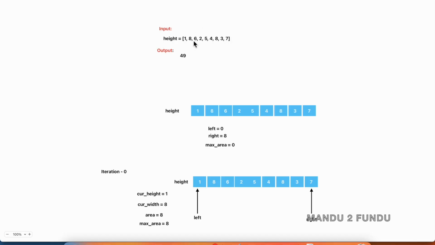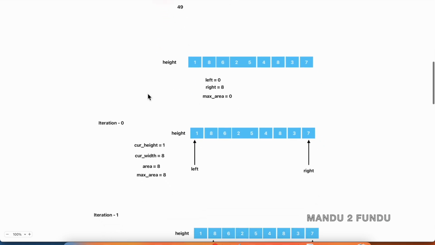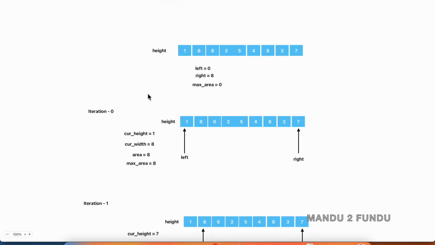We have this input array height with 9 elements and the expected output is 49. First, we initialize the left pointer to 0 and the right pointer to 8, the last element, and the max area to 0. So in iteration 0, we compare the